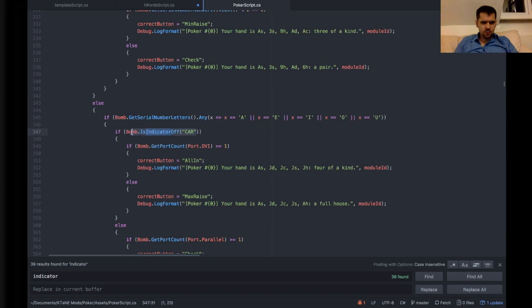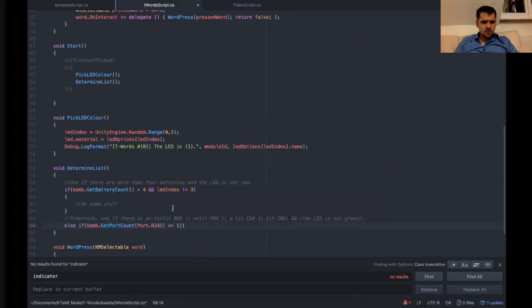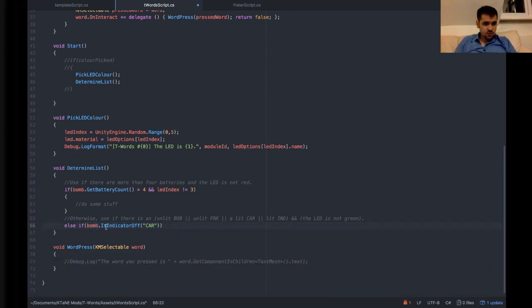There we go, that's the one we want. Okay, so I've logged off the B at the beginning as well. So, unlit BOB, if bomb, so that's the other script, the information script I was looking at, bomb info script, dot is indicator off, yes, so off indicator is for BOB. There's the first bit, and that's for the whole if statement, so those brackets need to stay on the outside,